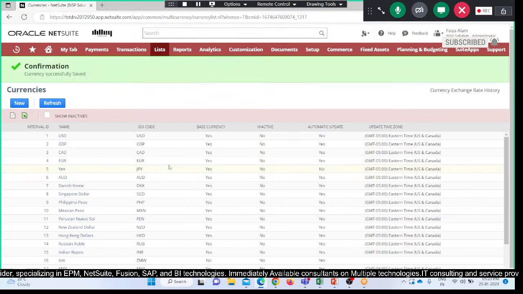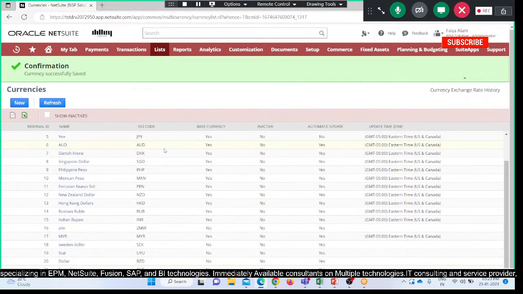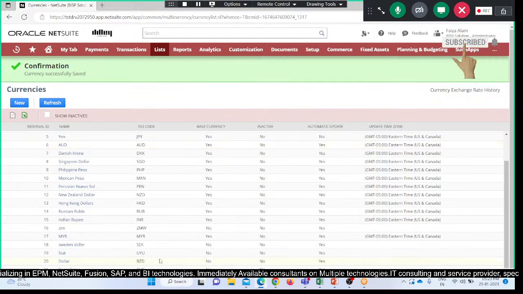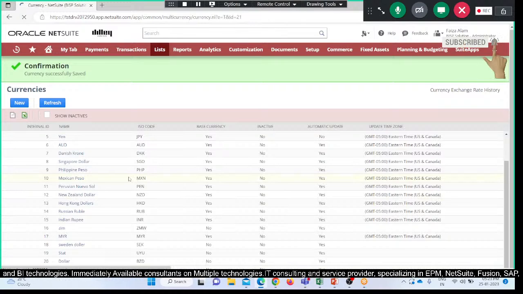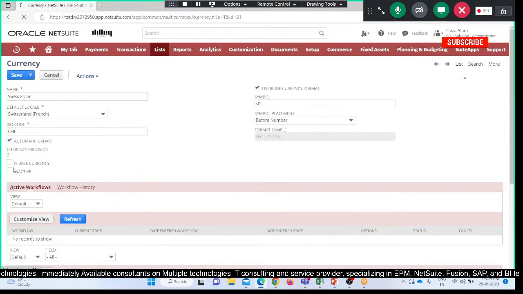If we go and look for the record that we have created, here it is, the Swiss franc. Its ISO code is also given here. But now that we have saved the record, if we want to make it a base currency, we have to reopen the record again. Now we are provided the ability to make this currency a base currency. So if I check this box,